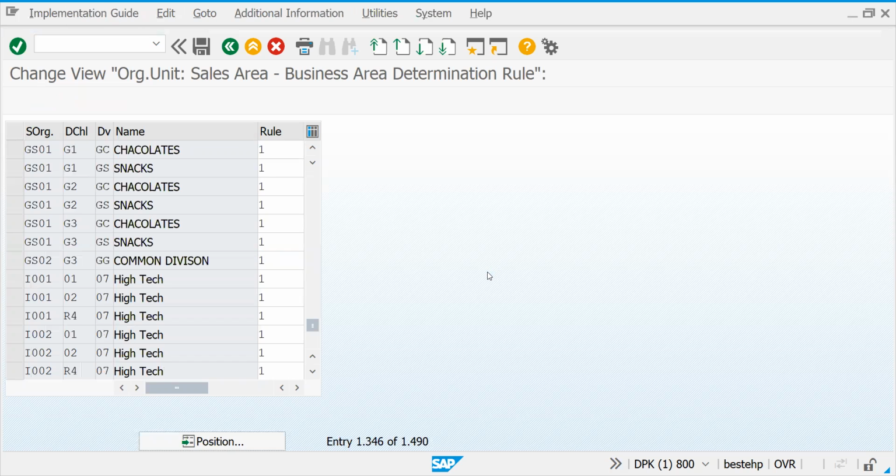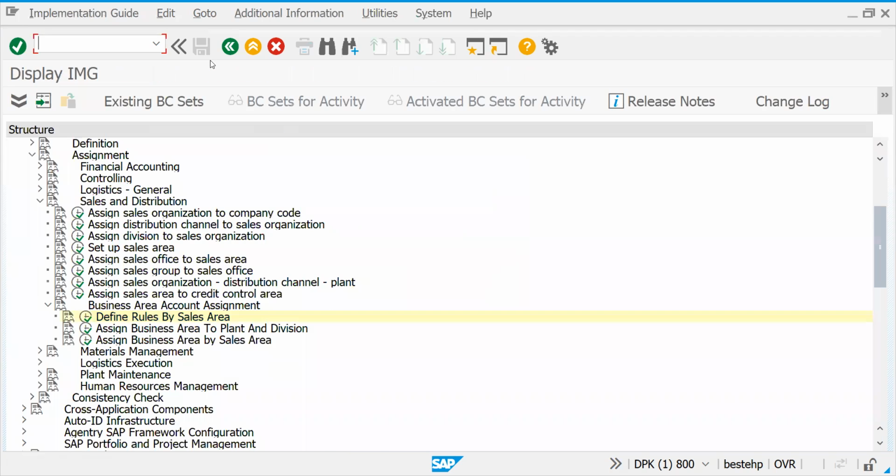Let's press enter and let's save it. When you do this, you have done it at sales area level, but at item level you will get some sort of errors. Business area assignment should be required. So I'll just keep it parked. When the error comes, we'll go back and try to sort it out.